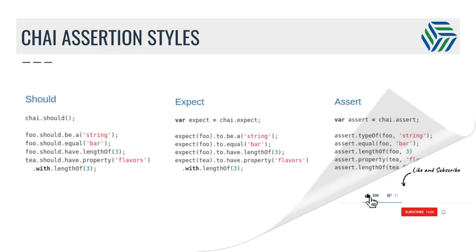Or you can do things like assert property, the name of the variable, and then the value, in this case,